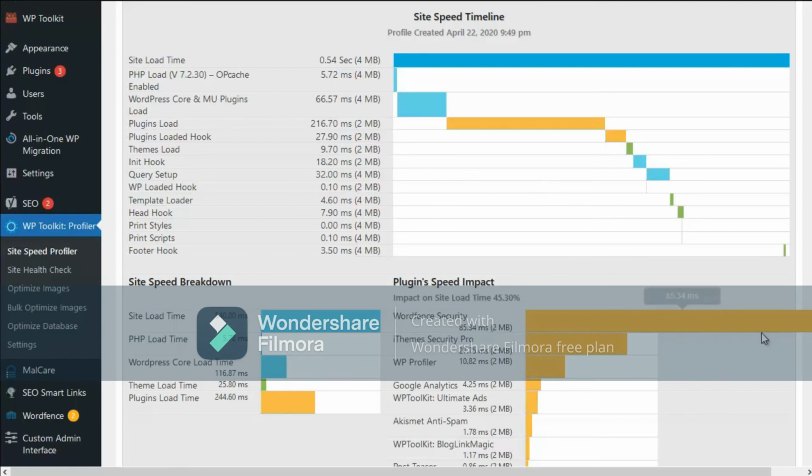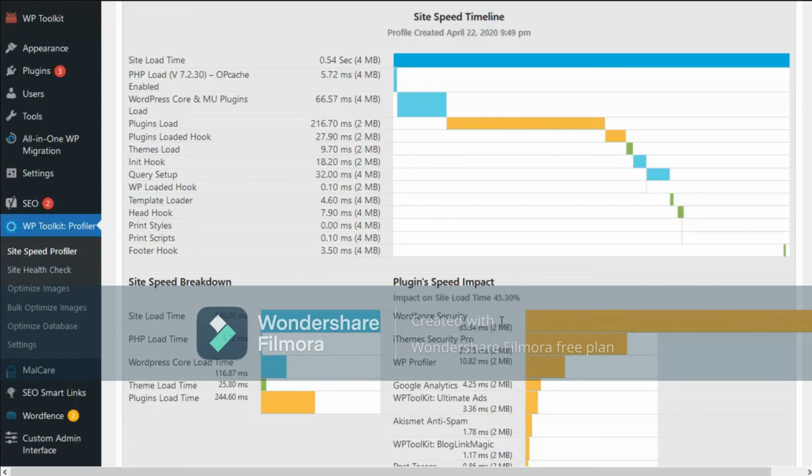Being able to identify exactly which plugin is hogging all your site resources and killing your page load speed with WP Profiler takes just moments, as you saw. To do it manually, you'd need to go through each plugin, deactivating and reactivating them one by one to work out which plugin, or indeed plugins, it could be more than one, is at fault. With WP Profiler, you can see straight away, and in this case, the big culprit is looking like WordFence Security